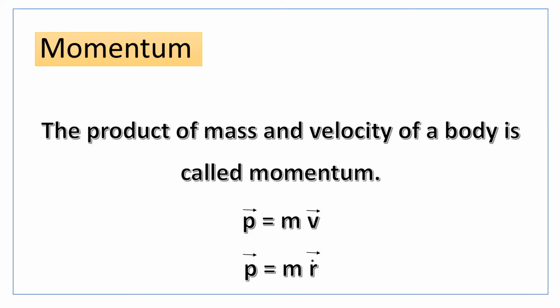Now, momentum. You have read earlier that linear momentum is p is equal to mv. So we can say that the product of mass and velocity of a body is called momentum. So we can write p is equal to mv. As you have read before, v is equal to the differential form of vector r, which is represented by r dot. So momentum is written as p is equal to m r dot. You know that momentum is a vector quantity and velocity is also a vector quantity. When multiplied by a scalar quantity m, it remains a vector quantity, which is represented by r dot vector.